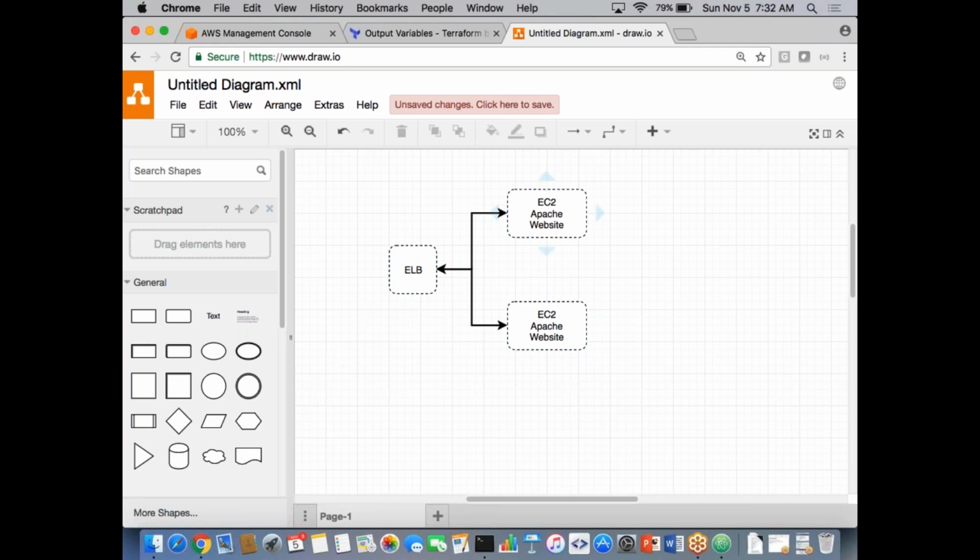So for this, one EC2 should be in availability zone A. The other one should be in availability zone B. Nothing but we need subnets there. Let me call this one subnet 1, subnet 2. So along with these things, I need